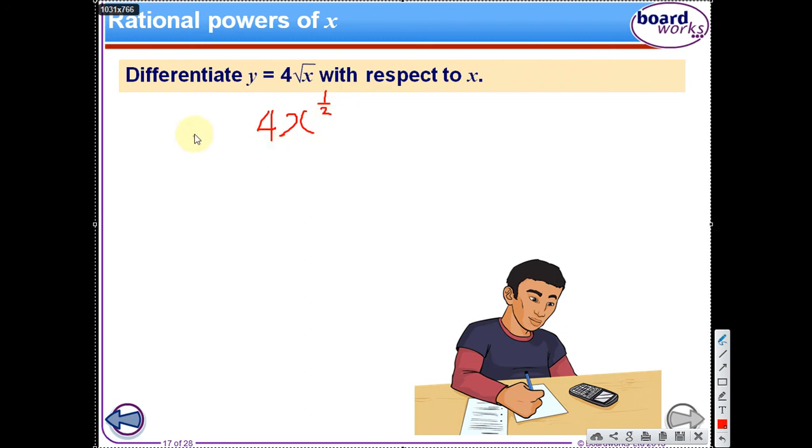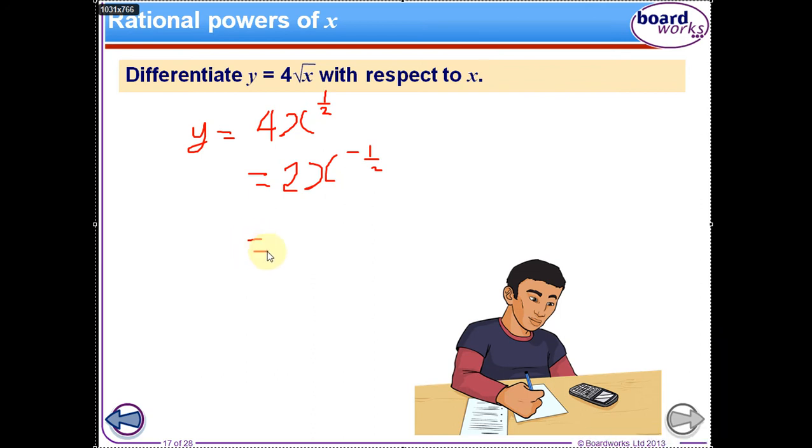So now this is the function I have here, so I can differentiate. To differentiate, you bring the power down. So half times 4 will give me 2x. Then half take away 1, so that is minus half. If you want to write it, it's okay like this. You can leave it like this, or better still,